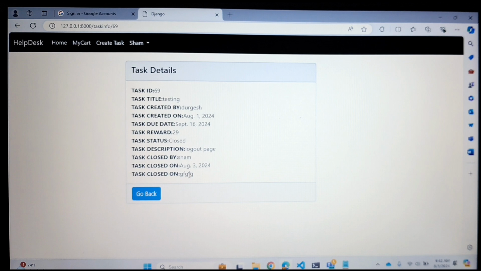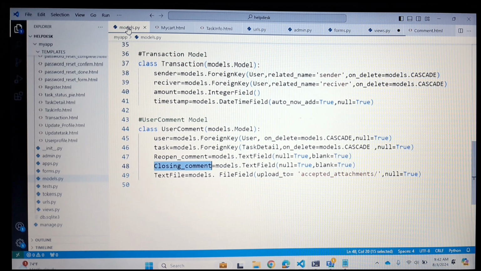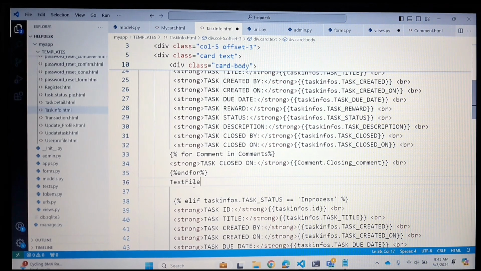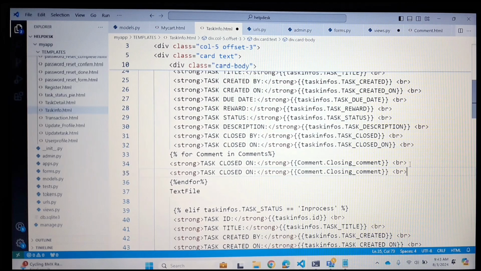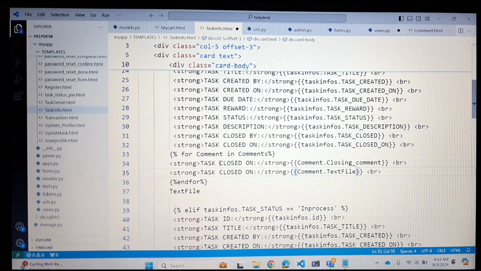Now the next thing I want to show is attaching the file also, with the download option. If you remember, we have that option also. Let me show you. Go to the models.py file and see. Okay, this thing. Simply copy this one. Come here, paste here, then simply copy these things, paste here, then copy this one, paste here, and here for example